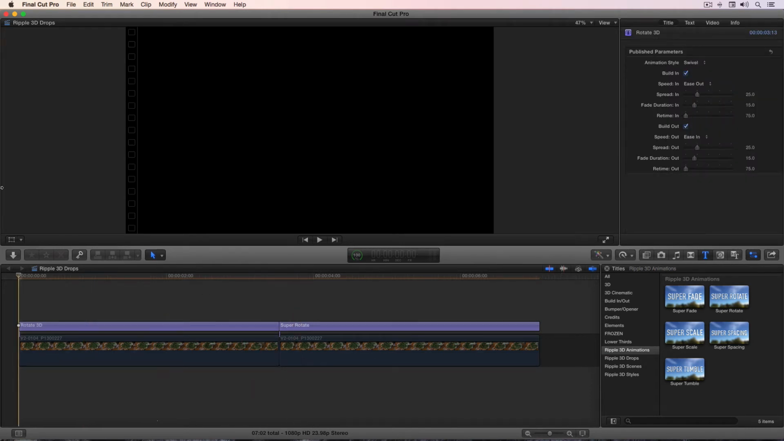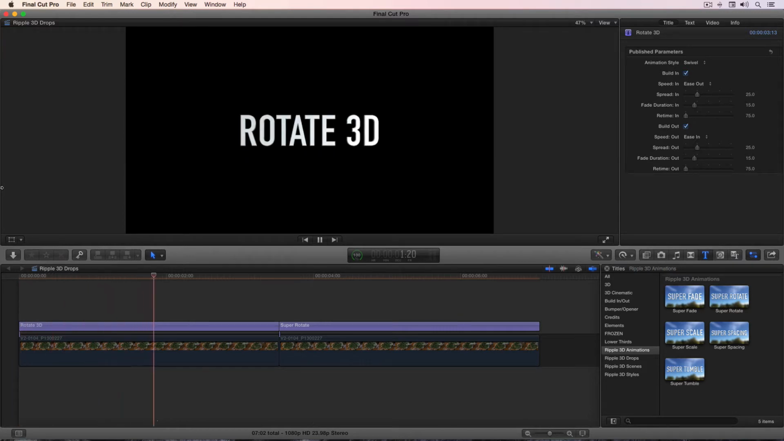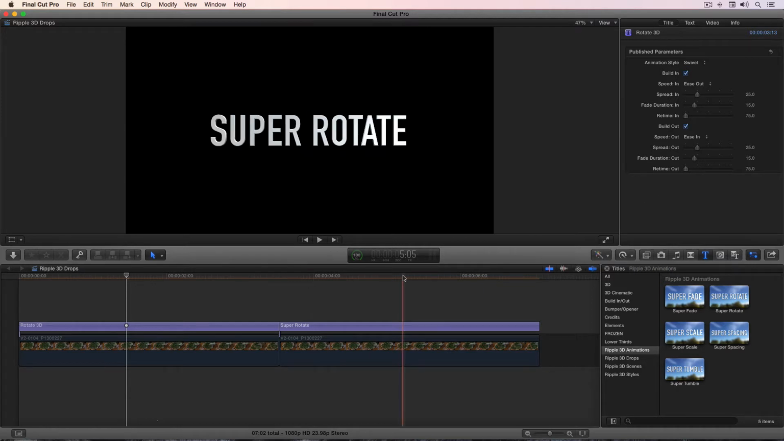If I play the default versions of both, you'll find they're very similar. However, if we look in the inspector, for the built-in Rotate 3D, here's a set of parameters. They're outstanding. This is a great title. But we've taken things further based on how we've worked with these titles and seen other things we want to do with them. So if I now move my playhead over Super Rotate, we can see quite a few more